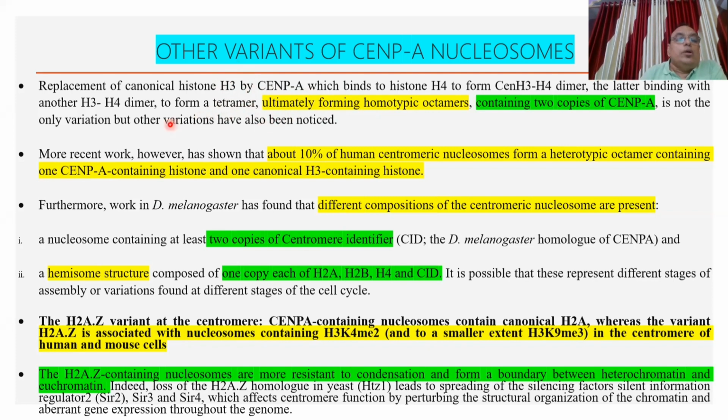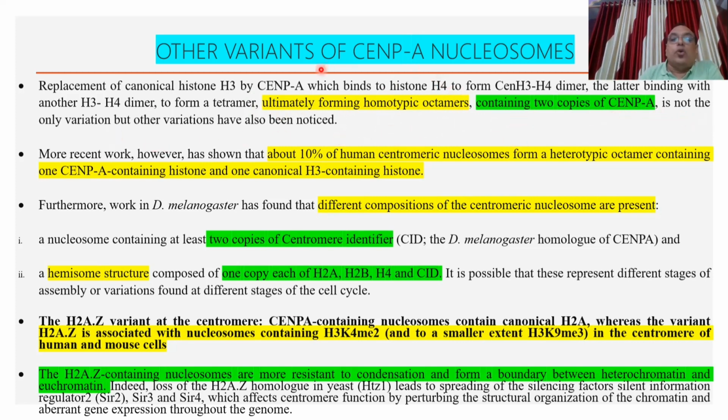histone 3 variants too. So replacement of canonical H3 by CNP-A, which binds to histone H4 to form an H3-H4 dimer, the latter binding with another H3-H4 dimer to form a tetramer. That is, two dimers bound to form a tetramer, each dimer made up of CEN H3 and H4. So one dimer is CENP-A plus H4, another dimer is CENP-A plus H4, and these two dimers form a tetramer, ultimately forming a homotypic tetramer. That is, the two are identical. Two H3s are identical, they are CEN H3, and two H4s are identical. Containing two copies of CENP-A is not